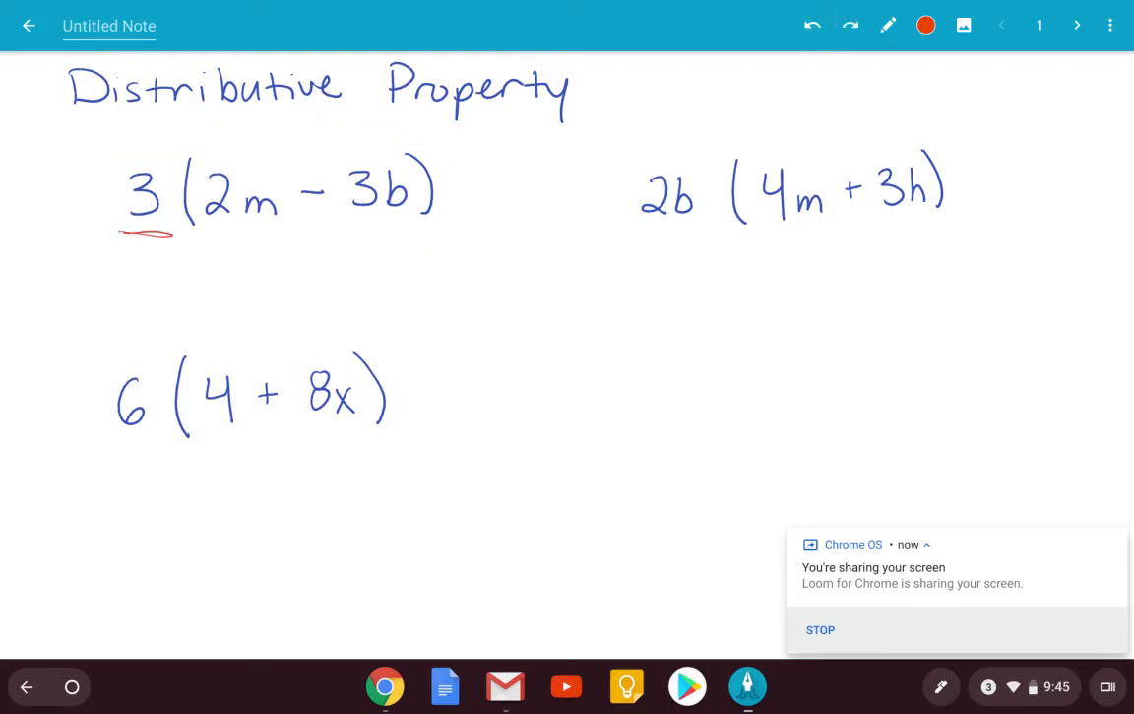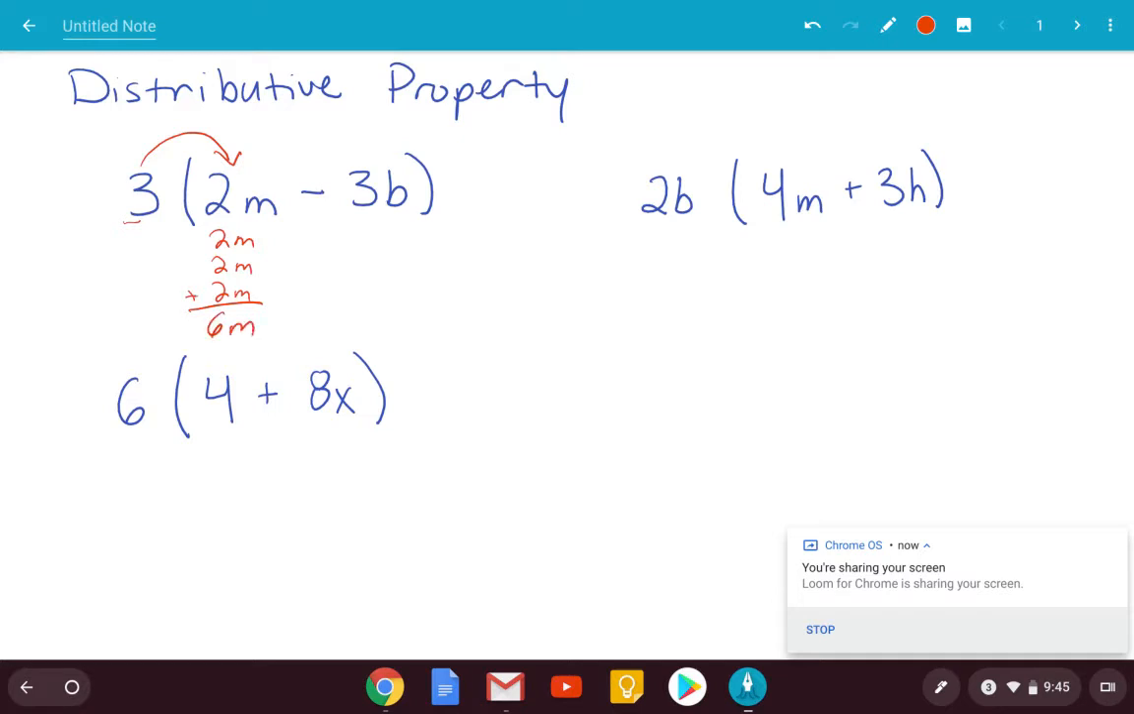The number outside the parentheses tells you how many groups of whatever you have inside the parentheses. So here we have 3 groups of 2m minus 3b. So we're trying to figure out how many m's and b's we have all together. So if we have 3 groups of 2m, that means we have 2m, we have another 2m, and we have another 2m. So altogether, that would be